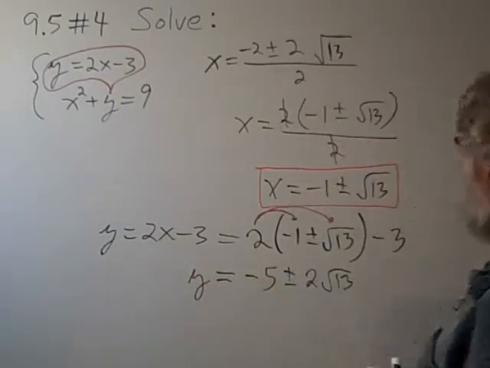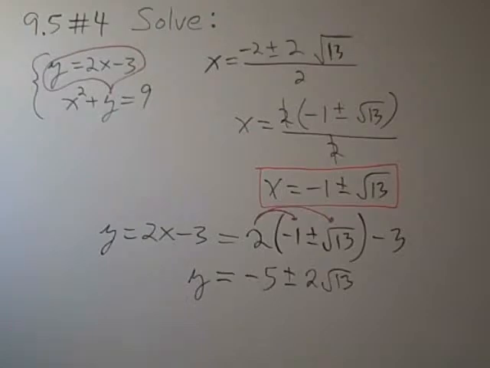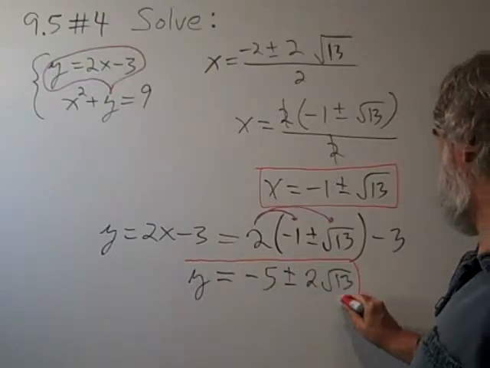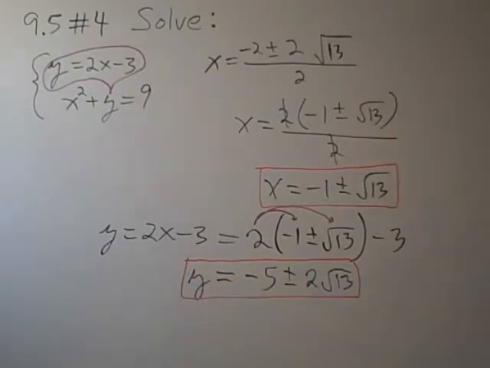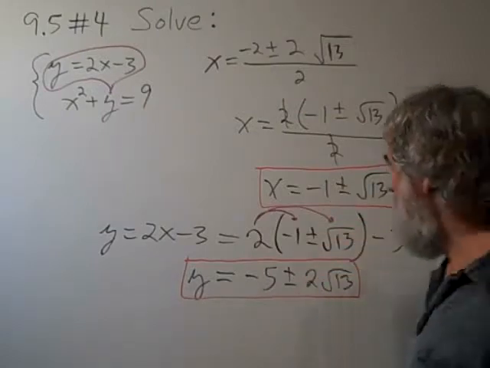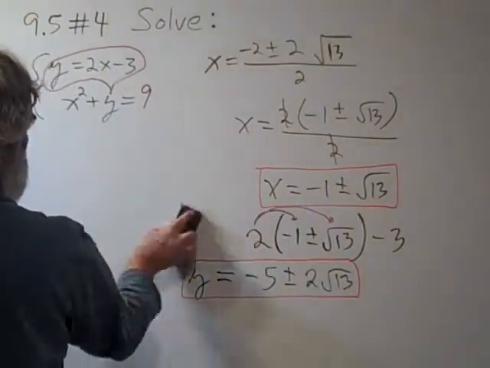And so there we have the two solutions for y. And if we choose the plus here, we have to choose the plus there, and the minus here, the minus there. So this really represents the points